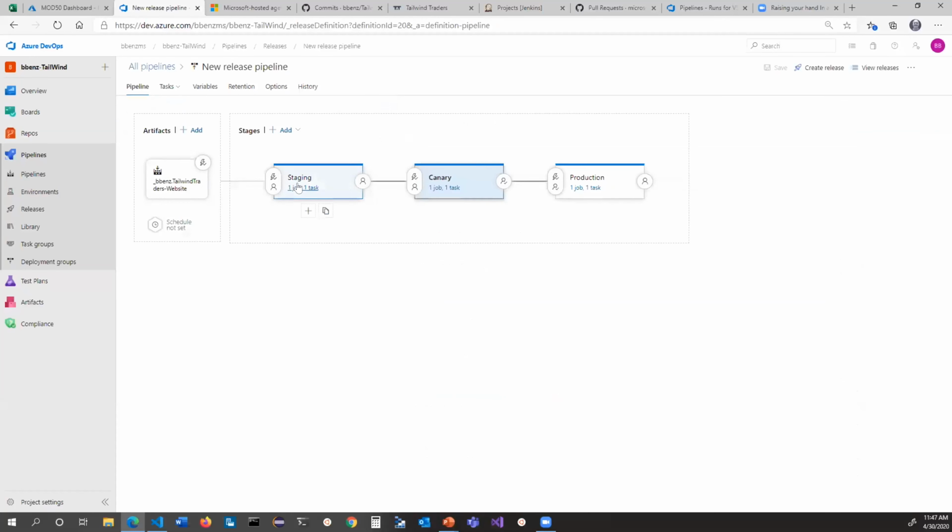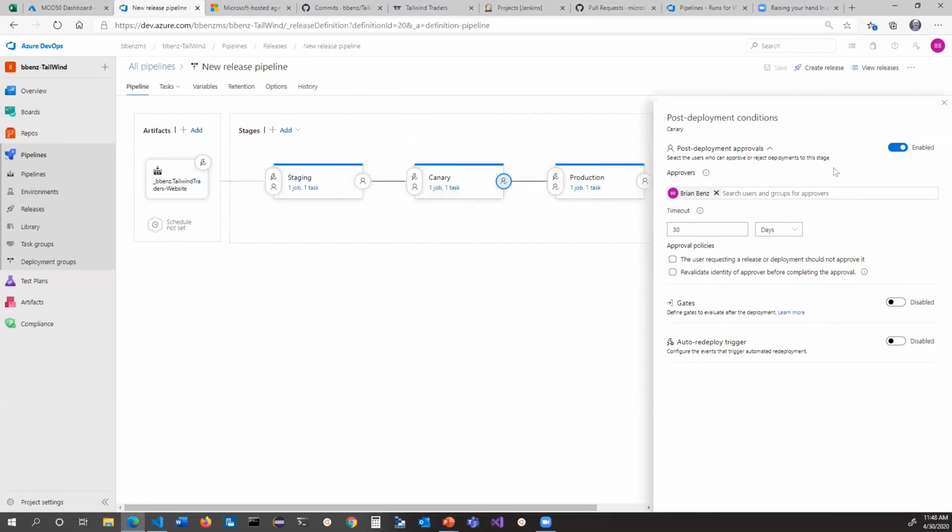So that's our pipeline. It goes from staging, it goes to this thing called Canary, and then it goes to production. But that's not good. If we just have an automatic code that's being produced, how do you actually stop it from going straight into production? You want it to go into Canary and do this A/B testing thing. We have approvals for that. So you have post-deployment conditions. The